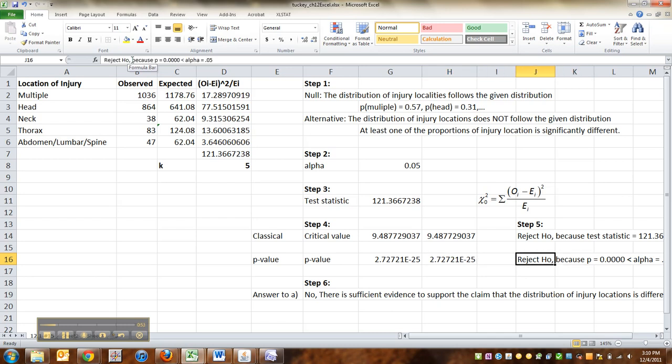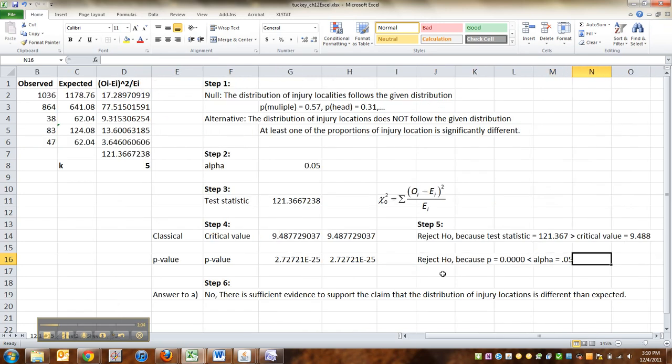Okay, so what does this mean for us? Look at that, that's scientific notation. It's 0.000002, with four zeros, right? And then a 2. So we are totally going to reject the null hypothesis because our p-value is essentially 0. It's not 0, but it's really close, which is lower than alpha, which is only 0.05.